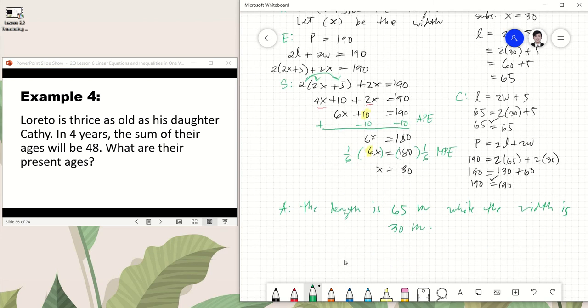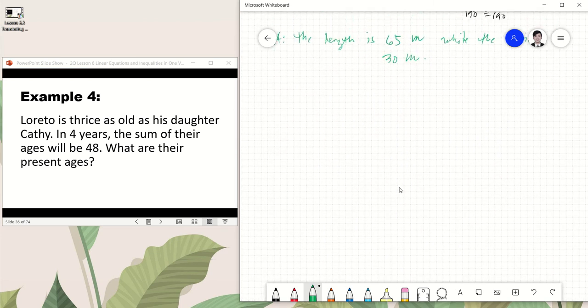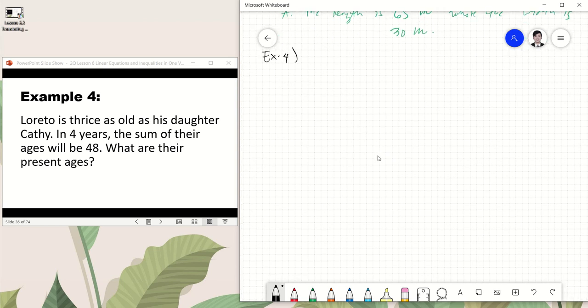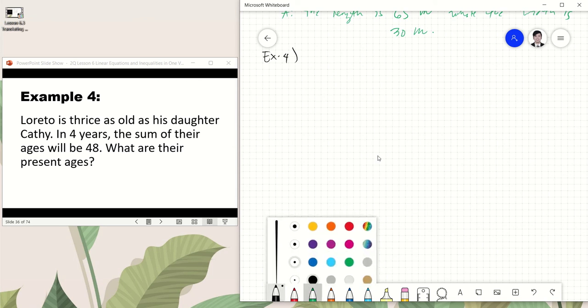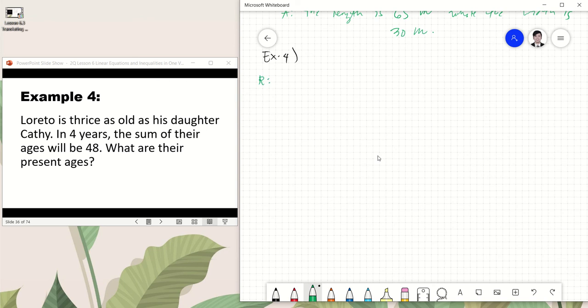Okay, let's proceed now to example 4, which is our age problem. So it says that Loreto is thrice as old as his daughter Kathy. In 4 years, the sum of their ages will be 48. What are their present ages? So, we'll start with representation again. So, meron tayong dalawang hinahanap na edad dito. So, we say,